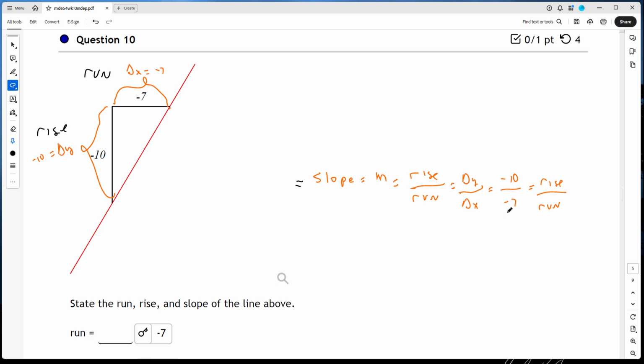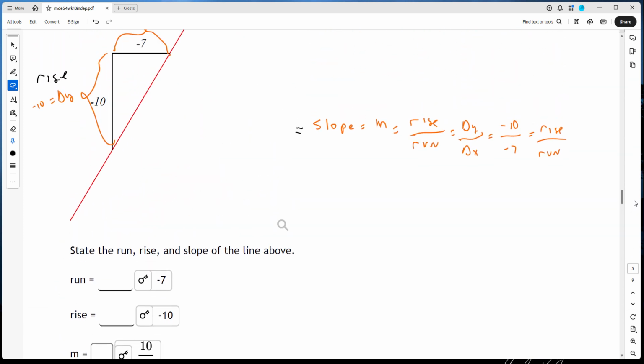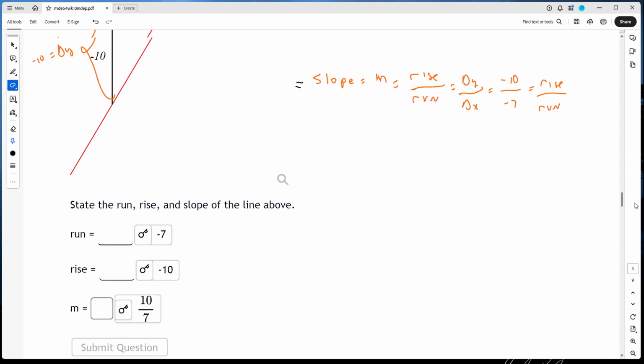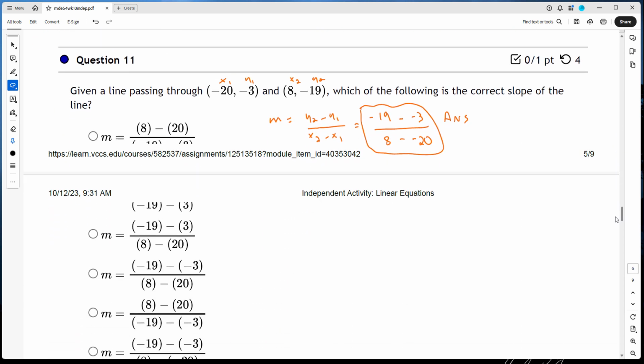Okay. So my run in this case is a negative 7, and my rise is a negative 10, and my slope is a positive 10 over 7. Number 11,